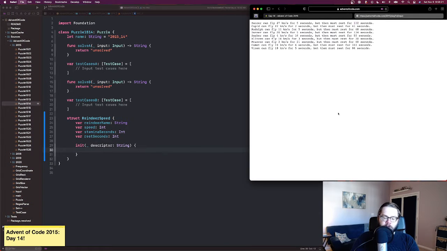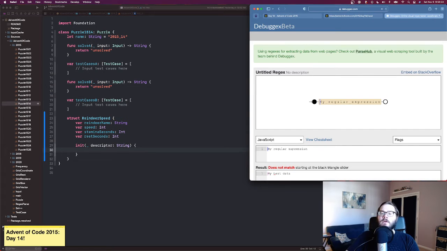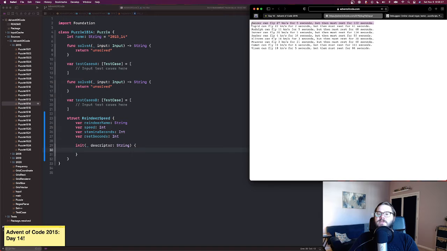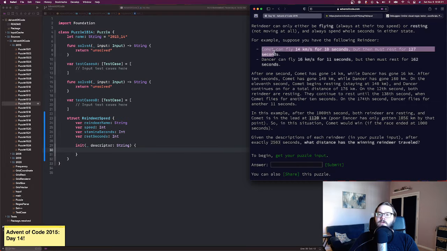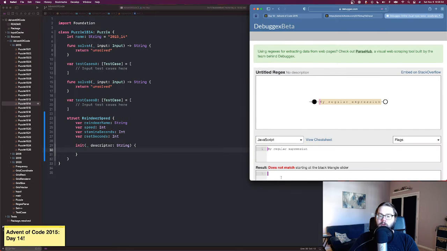So in order to do that, we're going to need to open debugx.com, and I'm going to take one of these, Dancer, Comet, here. So this is one example of puzzle input. Let's use this. Comet can fly, so we need a capturing group, and that's going to be \w+ space can fly, and we're going to have, this is going to be stamina, so this is \d+ space kilometers per second for, and then we have another \d+ seconds, but then must rest for another \d+